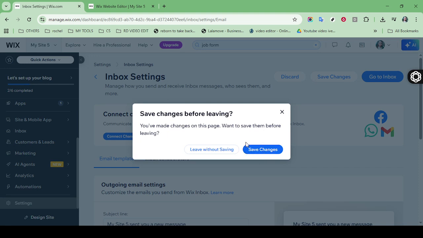Finally, with everything set up, it's time to publish your changes. Before doing so, review all the details to ensure everything appears as it should. Double check your fields, any error messages that might appear to the user, and the overall layout. Once you've confirmed all is well, hit publish or save changes. Your contact form should now be live, ready to start collecting responses. And there you have it, a fully functioning contact form on your site. Remember, the ideal